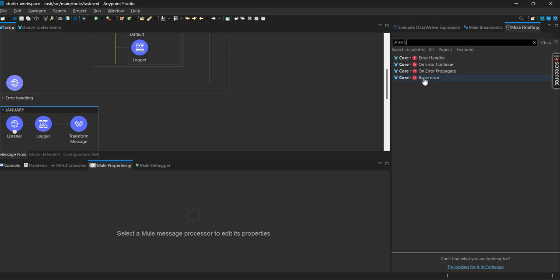Then what is an on error propagate? An on error propagate is entirely different. Whenever an error is raised, an on error propagate will stop there and send an error response to its parent. If you clearly observe,